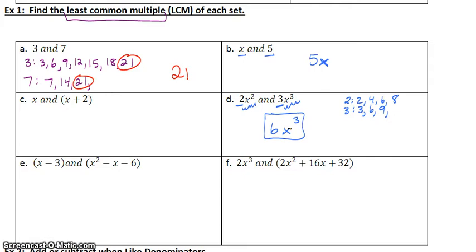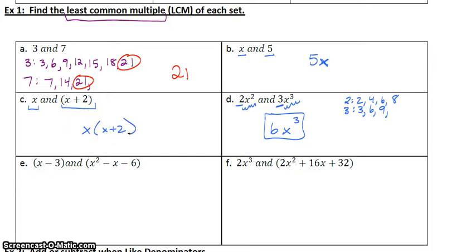Let's look at C. So in this situation, you might be thinking, oh, they both have an x. Doesn't work that way if this is locked in there with a parenthesis. So in this situation, x counts as one factor and x plus 2 counts as the other factor. So my least common multiple would be me just multiplying the two